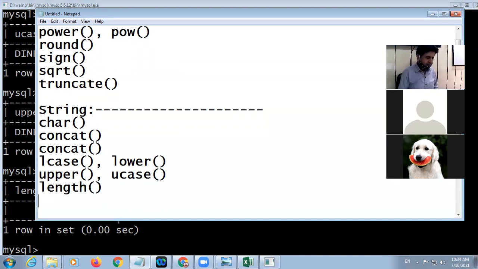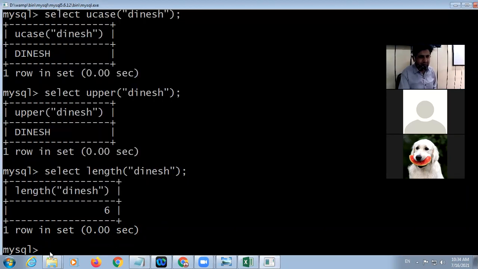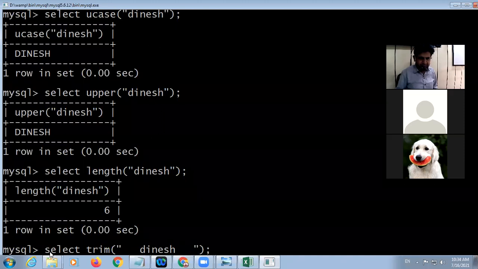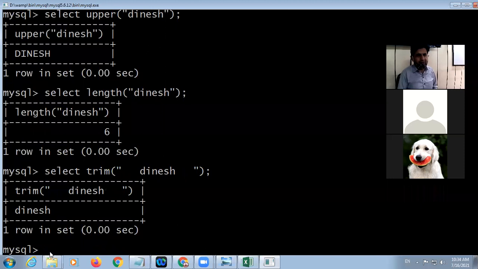Next is trim. Trim function will remove extra spaces. Look at here, on both sides. If I am giving extra spaces, it will remove the extra spaces.